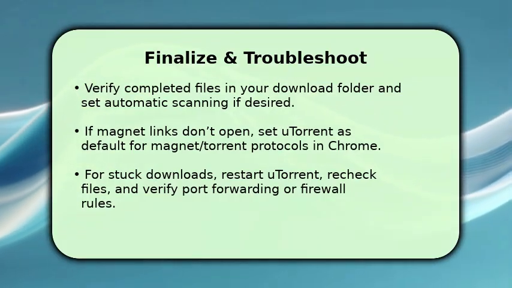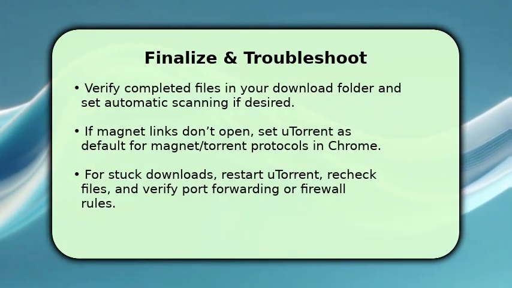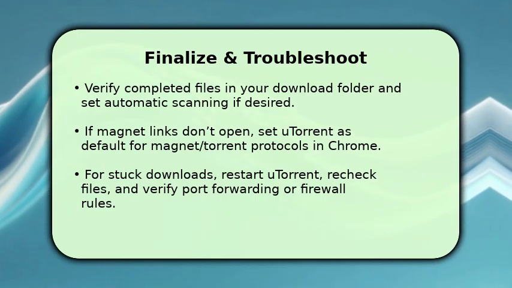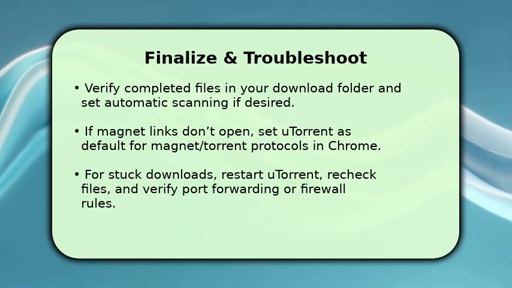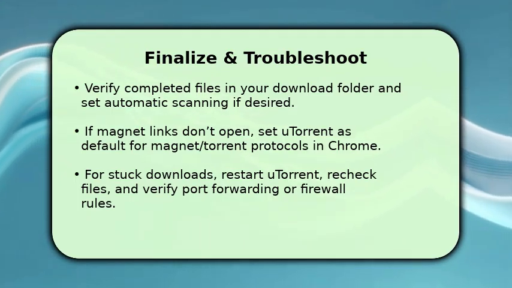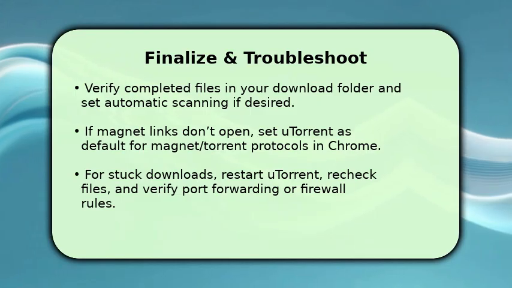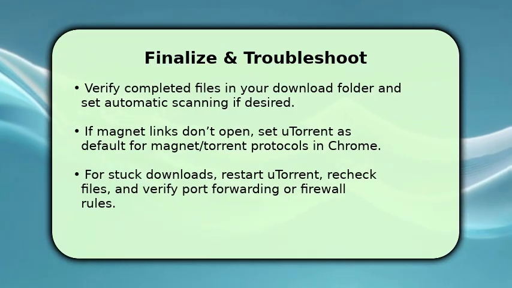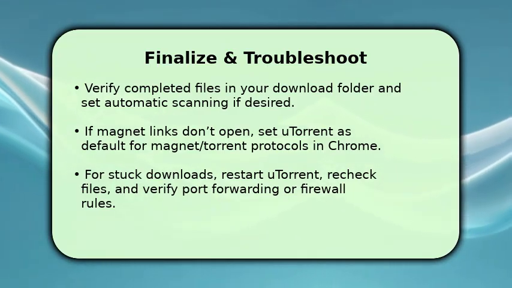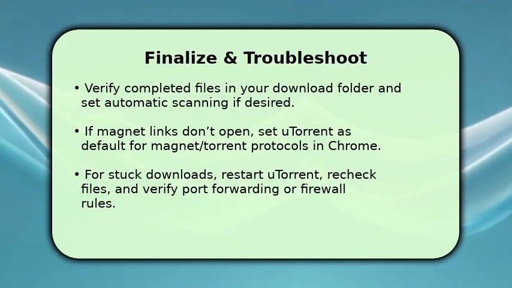If magnet links fail to open in Utorrent, open Chrome protocol handlers and set Utorrent as the default for magnet and torrent links, then relaunch Chrome. When downloads stall, restart Utorrent web and use the recheck option to repair data. Also check router port forwarding and firewall rules to ensure peers can connect. One key tip: if speeds are low, check active peers and